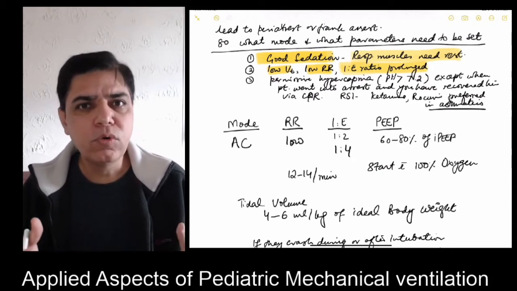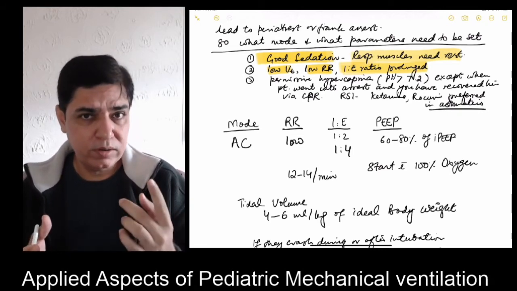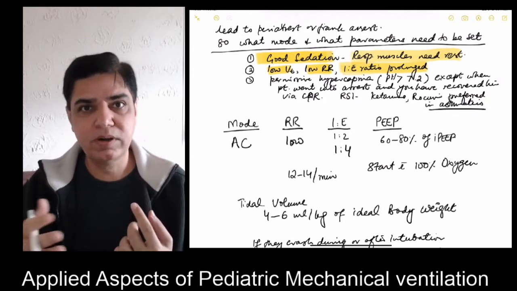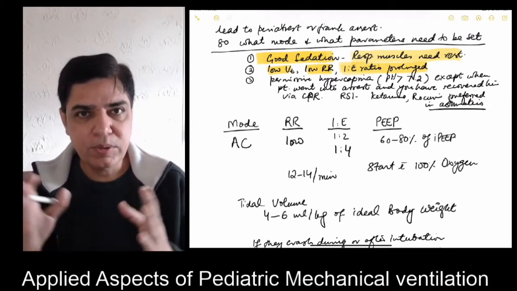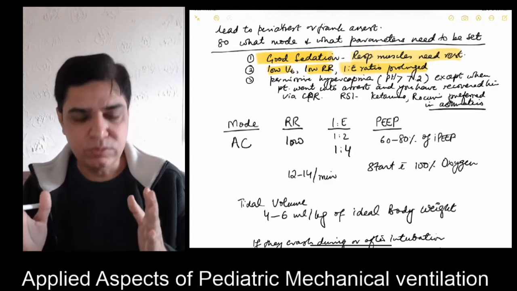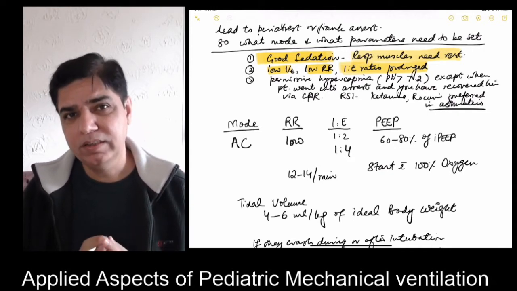So a 1 to 4, or 1 to 5, even 1 to 8 ratio can be used, where it is one part inspiration and 5, 6, 7 or 8 parts expiration. Because of that, you are giving enough time for expiration, and your respiratory rate has to come down. Please keep it in mind that there have been various